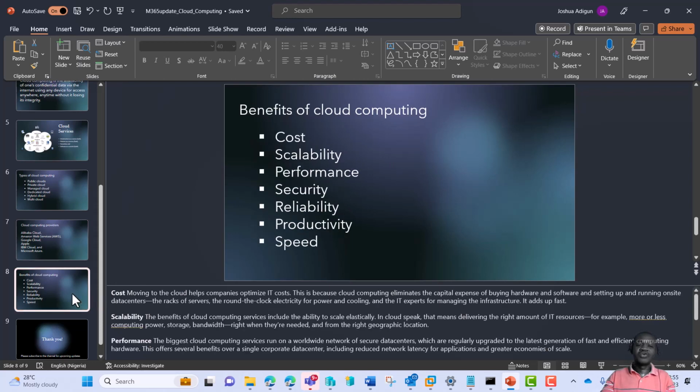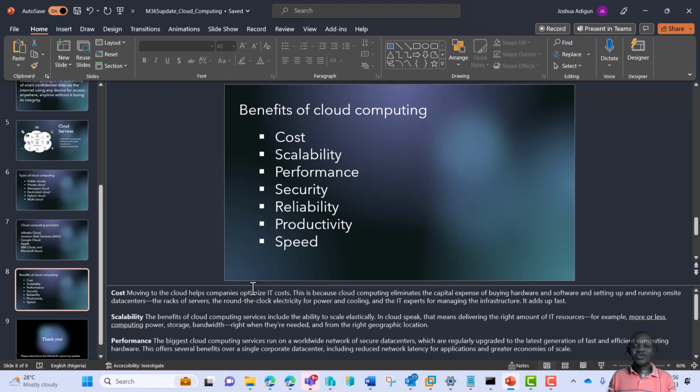So quickly, we're looking at the benefits of cloud computing. The cost is reduced. You don't need to worry about physical infrastructure anymore. You just pay for what you want to use at a reduced cost. So you don't need to buy servers, storage, racks, VMs and the rest.